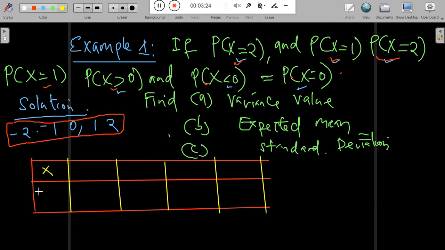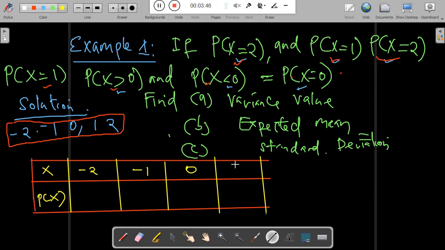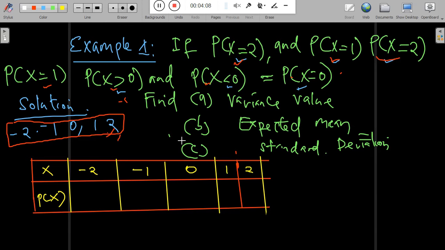So here we have x, and here we have the probabilities of x. x runs from the limiting values, -2, -1, 0, up to 2. And what you need to understand here is that we have -2, -1, 0, 1 and 2 as the values of x, and the total number of probabilities is given by